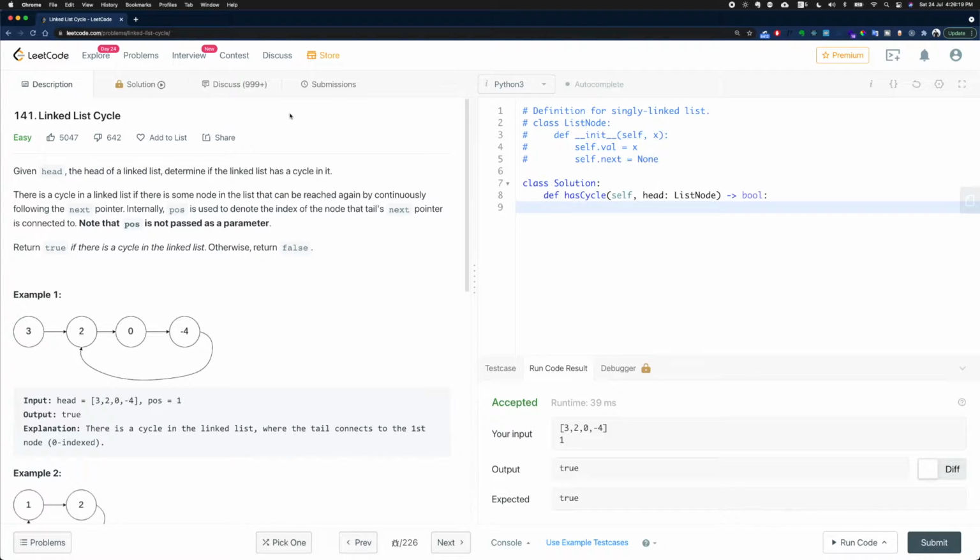Hi, in this video we're going to be looking at another classic linked list problem, which is to find a cycle in a linked list. So here's the Leetcode page, and looking at the problem description, we are going to be given the head, which is the head of the linked list, and all we need to do is to determine if there's a cycle